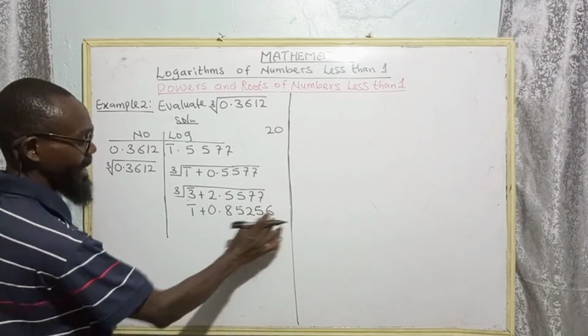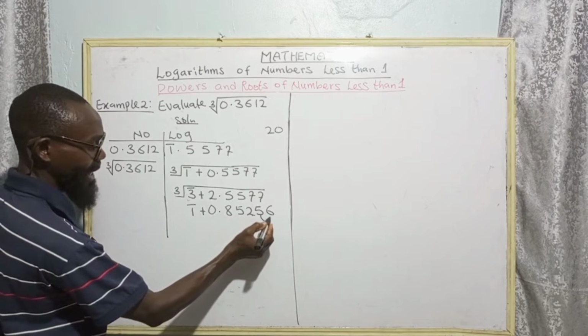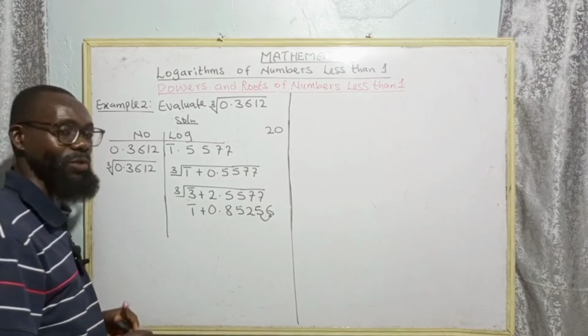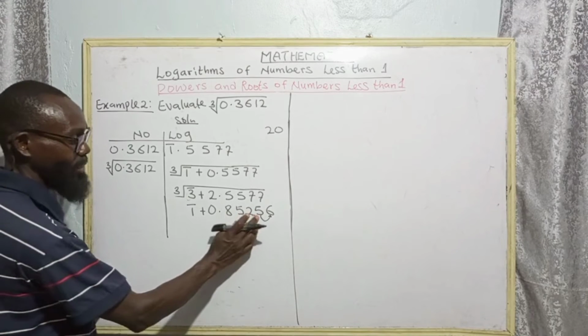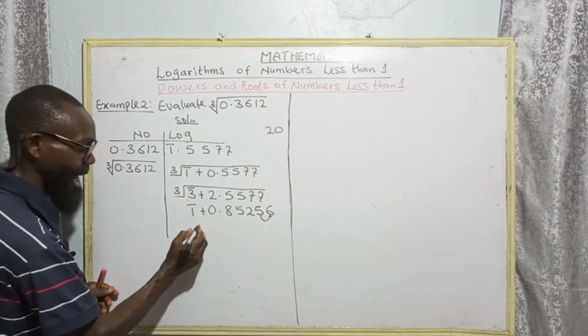But I need 4 digits after this point: 1, 2, 3, 4. Check the number at the right. If the number is between 5 to 9, you round up to 1. Add the 1 to this 5, making 6. So here, bar 1 plus 0, minus 1 plus 0, I have bar